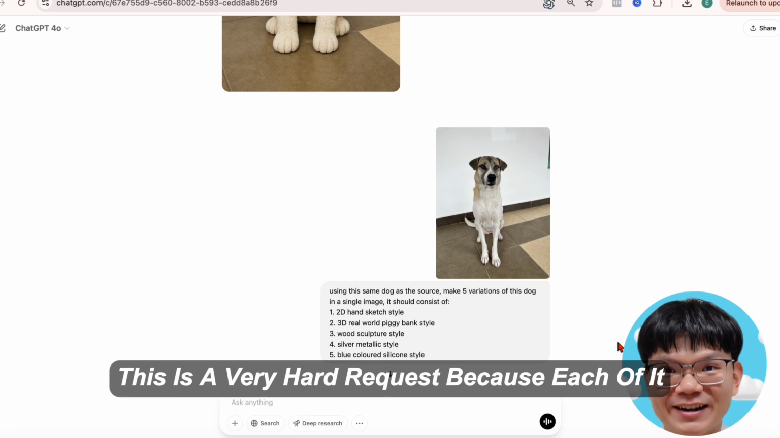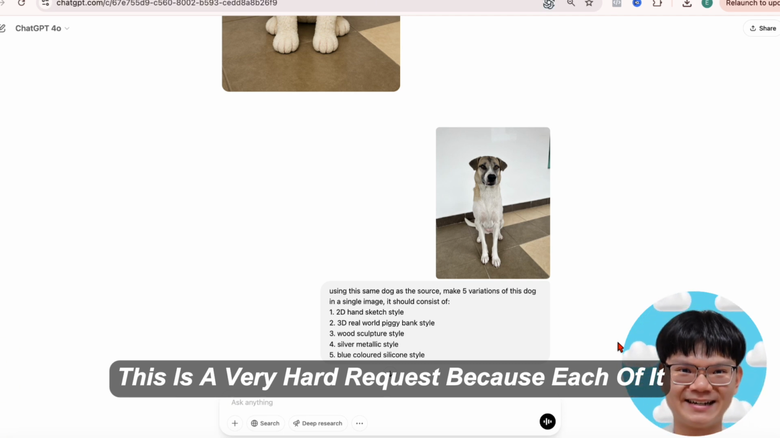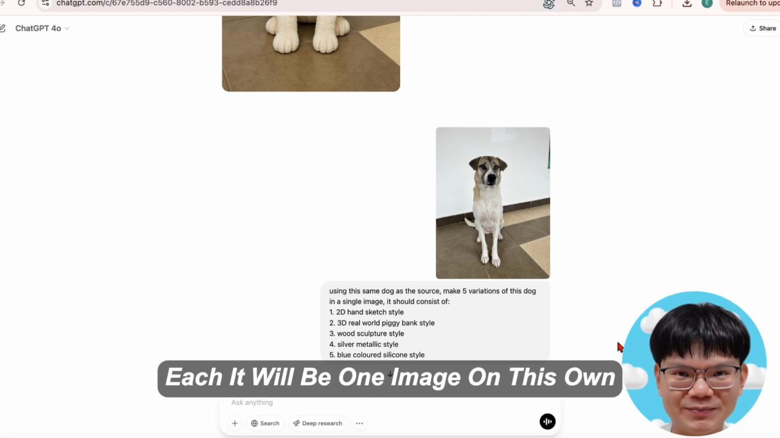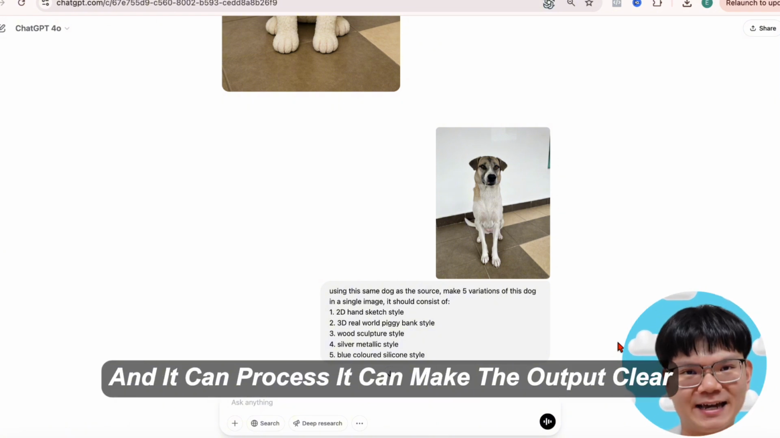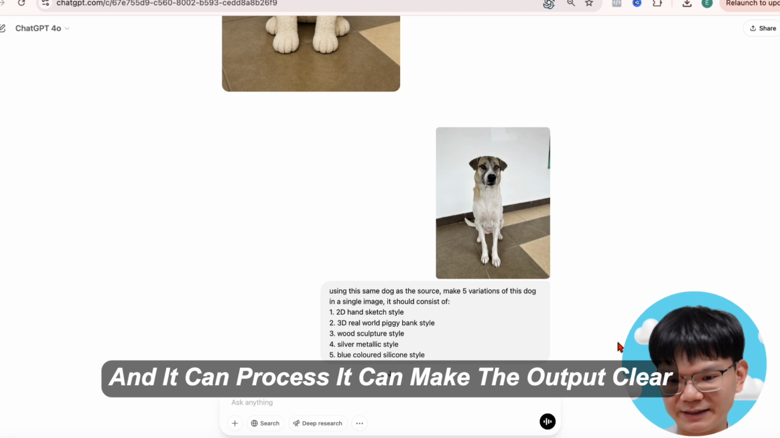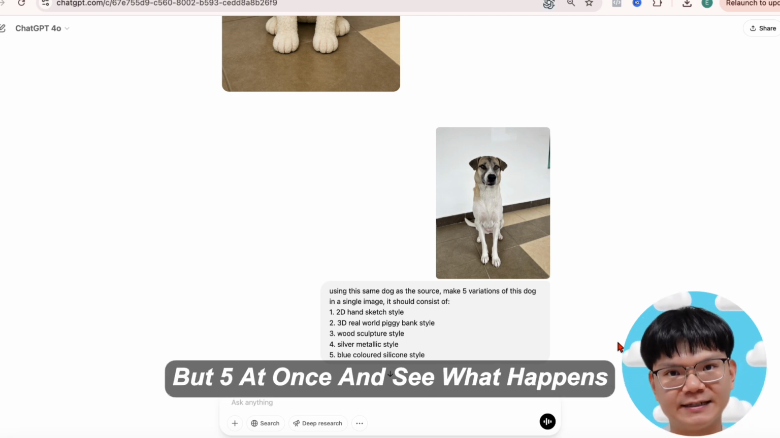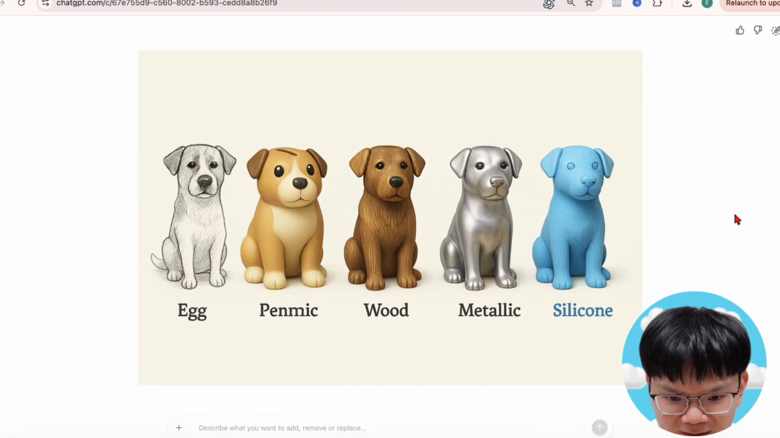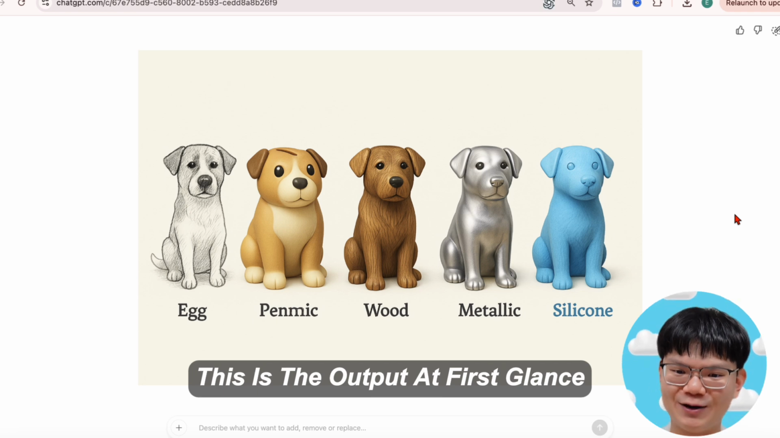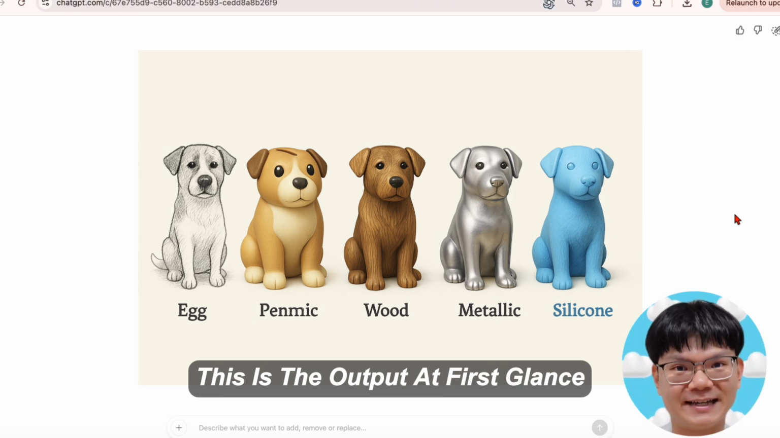This is a very hard request because each of them will be one image on its own. It can process and make the output clear, but five at once, let's see what happens. This is the output. Whoa! At first glance, it is really